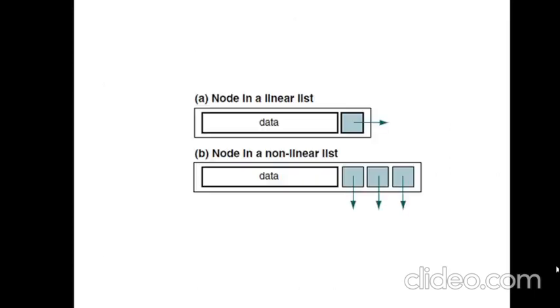This is a pictorial representation of a node in a linked list. The basic requirement is one data field and one pointer field, and this is sufficient for representing a linear list. For example, if you want to create a stack or a queue, we can just go for this node structure where one data and one link field is enough. But as we get into non-linear data structures like trees and graphs, we will require more pointers, because each node will be connected to multiple nodes. So we have to have multiple pointers to accommodate that.